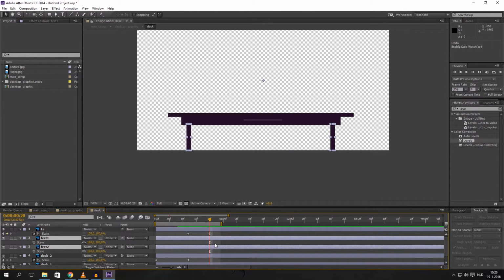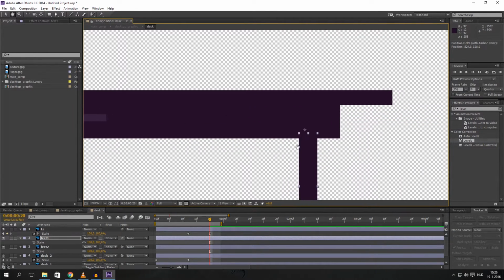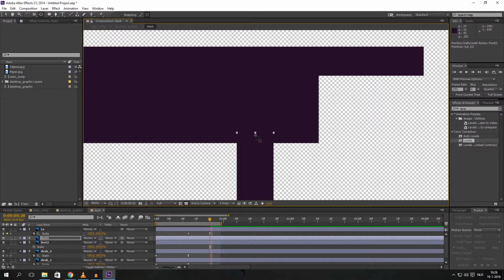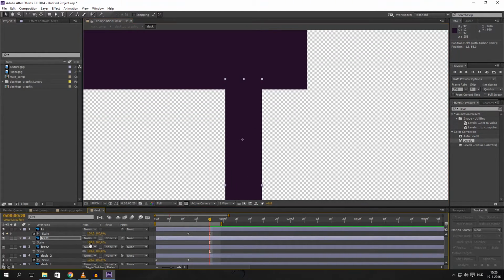oh, hold on, we have got something. We have to anchor point them first. So click on this one, set it to the beginning of the foot, of the table foot. Set it to like here, because when you change the scaling and you have got the anchor point in the middle, you can see that the